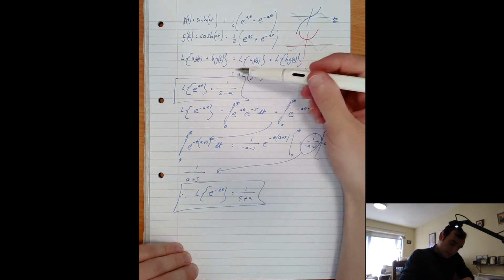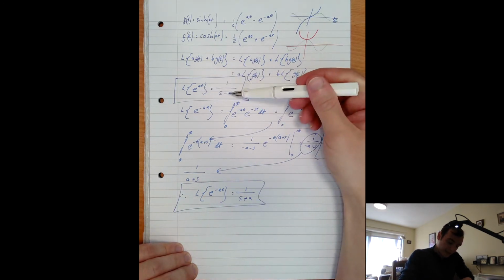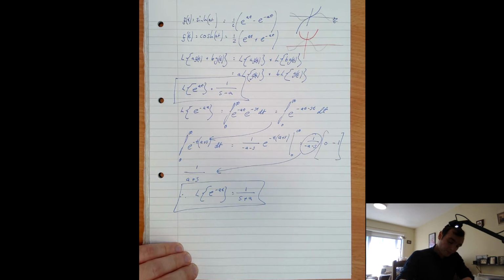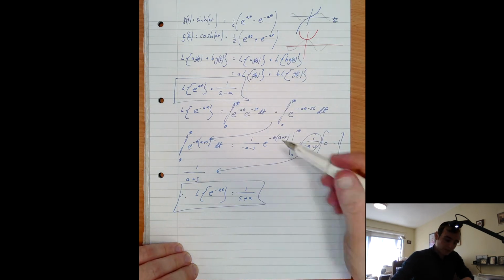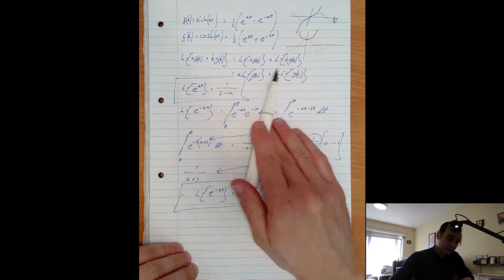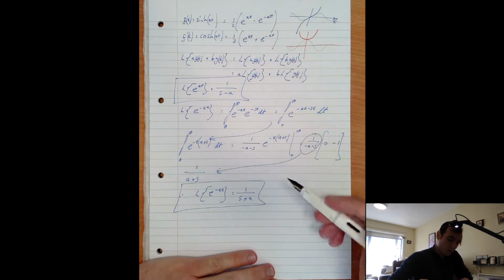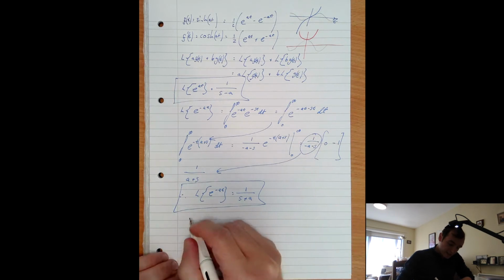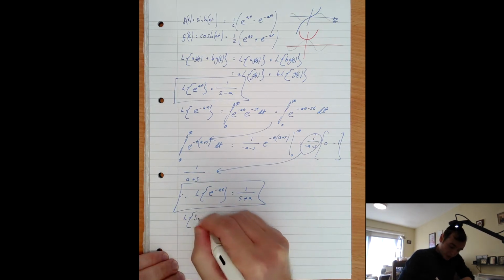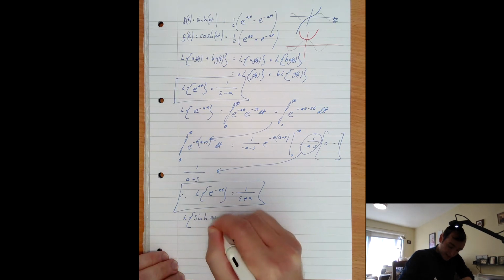And the Laplace operator of e to the at will be 1 over s minus a. Now that we have this information, we should be able to use the property of linearity, which we've looked at over here, to find what the Laplace operator of sinh at is. So let's have a look at that there. So if we do the Laplace operator of sinh at,